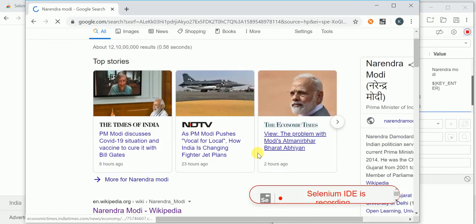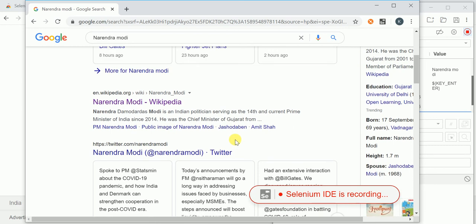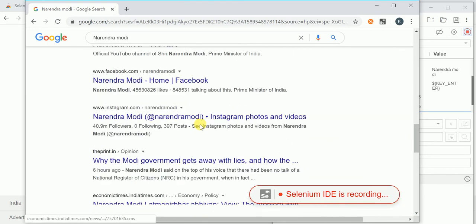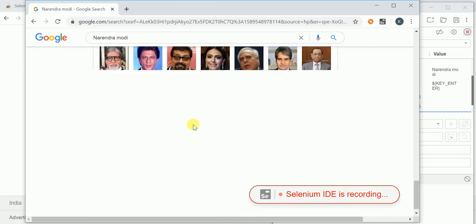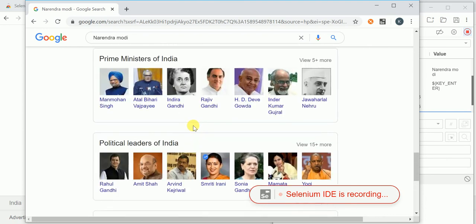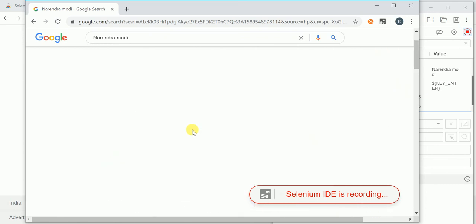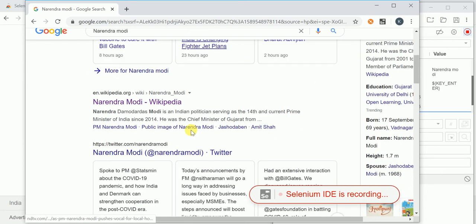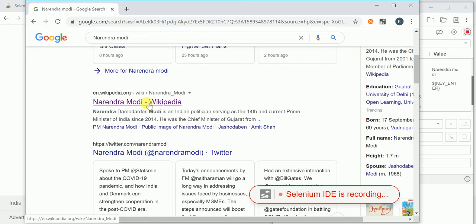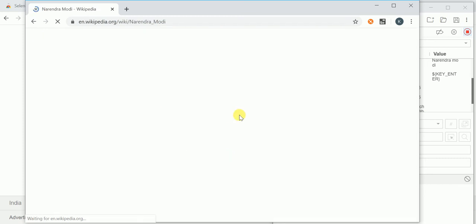These are all the different details it is opening. I am scrolling down and I want to see the images also. And I am planning to click on the first one, Narendra Modi Wikipedia. Just click on it.